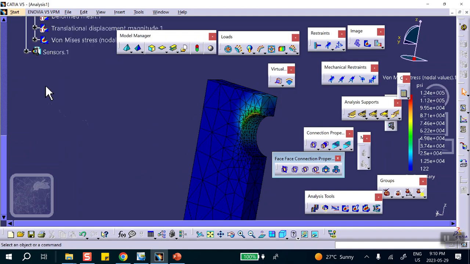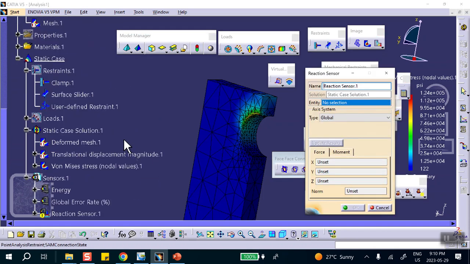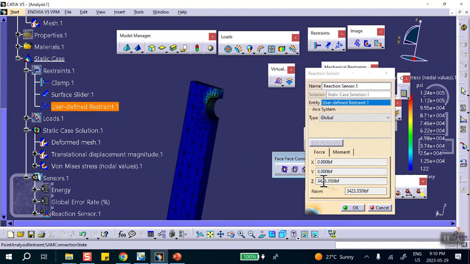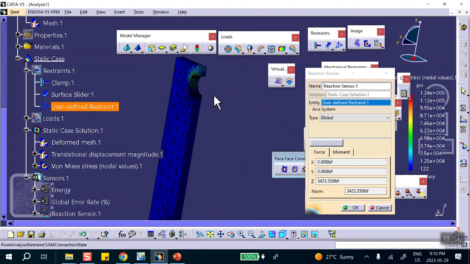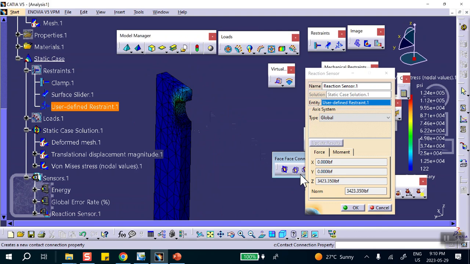But let's look at the load. So if you look at the load, you put the cursor there, right click, create resultant sensor, reaction sensor, and let me remind you, you can either go to where you pull this thing up or you can go to the clamp. That's entirely up to you. So pulling it up right there, update. This is going to be 3000. So the load that I actually need to do this is going to be 4 times that. 4 times that. Because remember,